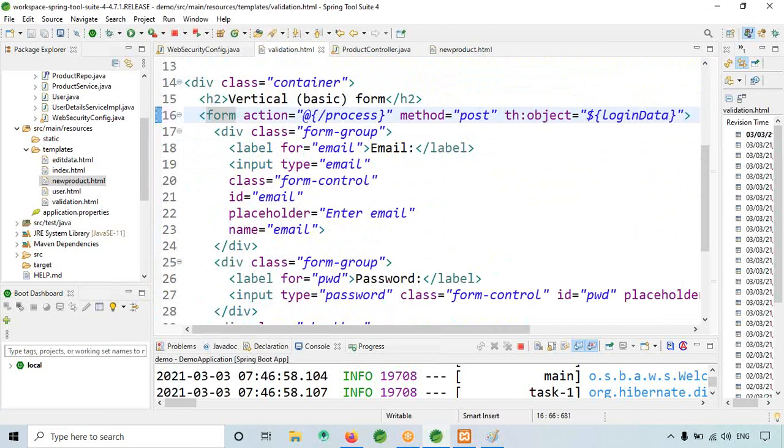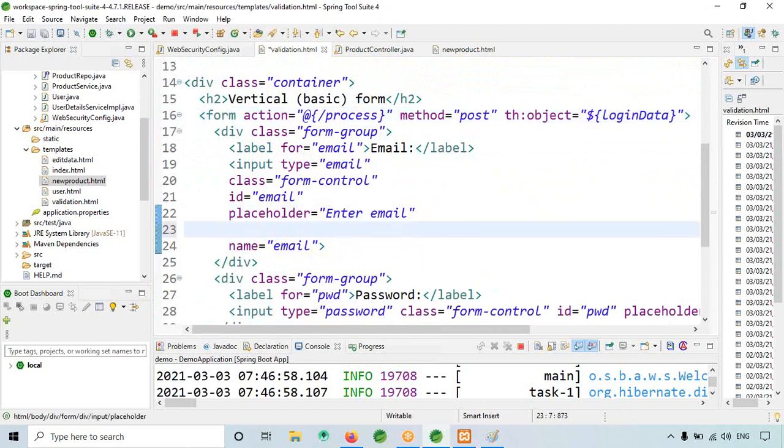Like that I'm giving. And here I will give th:value is equal to dollar loginData.username.